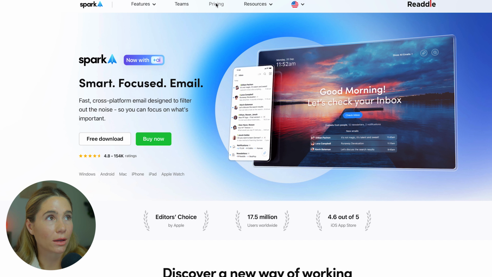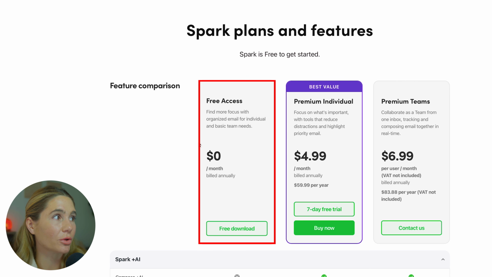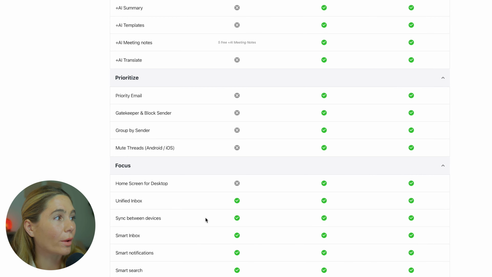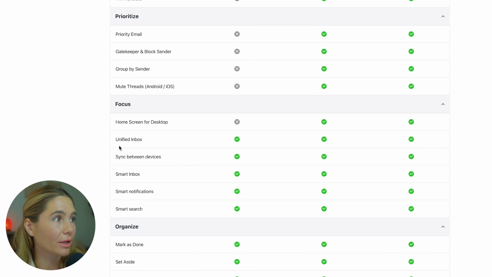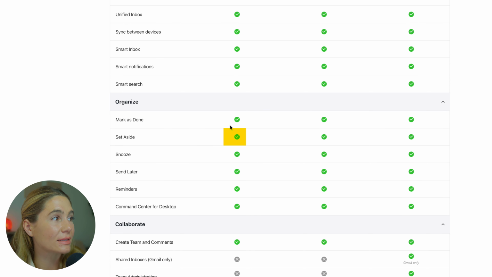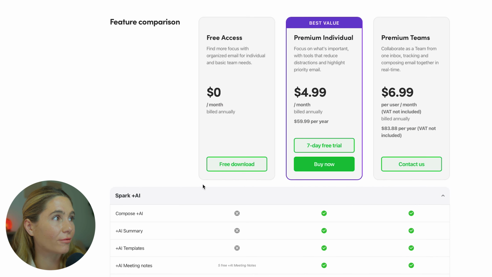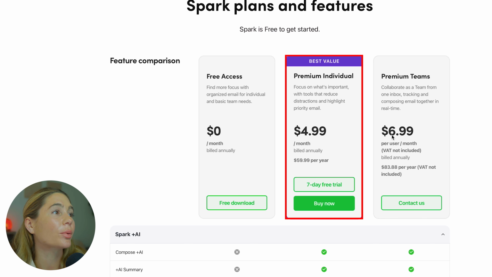Now let's take a look at Spark pricing and plan options. They've got a couple different options here, so you can start for free, and with the free plan you can get a unified inbox, sync between devices, a smart inbox, mark as done, set aside, snooze, send later, reminders. So it is pretty comprehensive for the free plan, but with the premium plan, this is just $4.99 per month